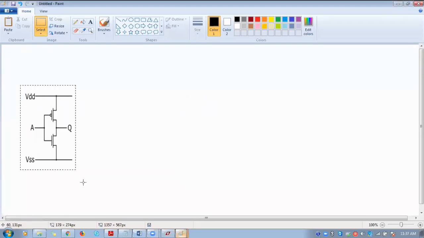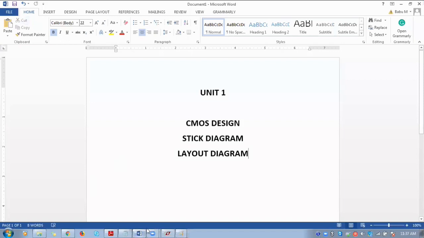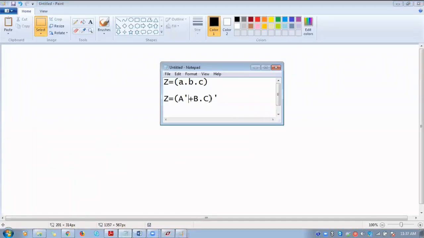Then the equation for XOR gate is Y equal to A B bar plus A bar B. In between we will have a dot. So this is the actual equation for XOR gate.